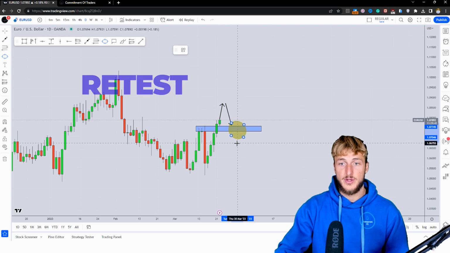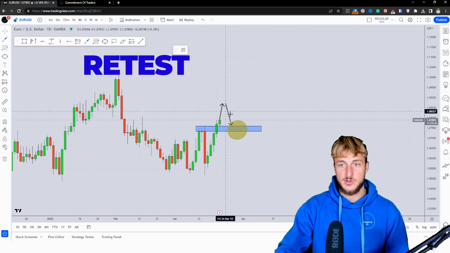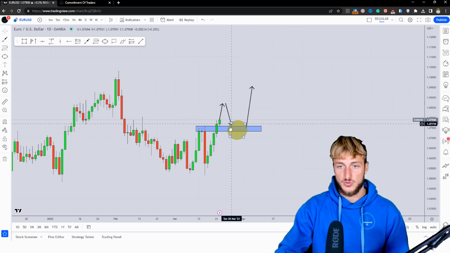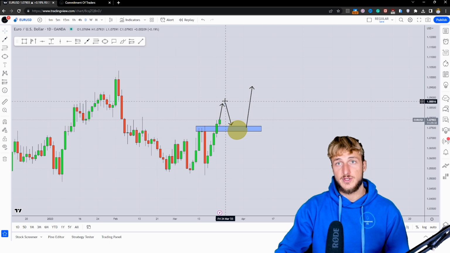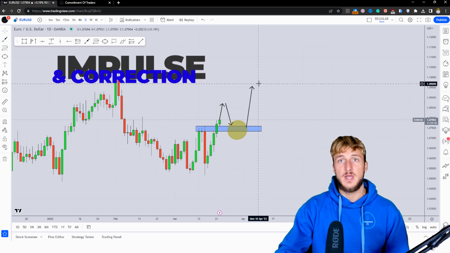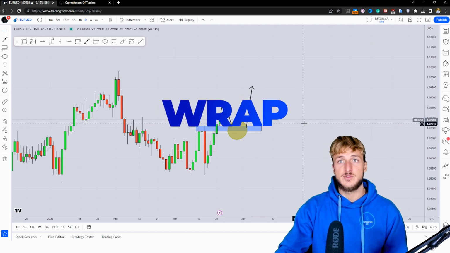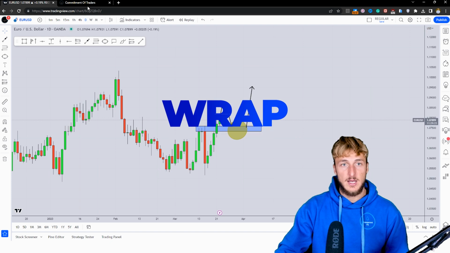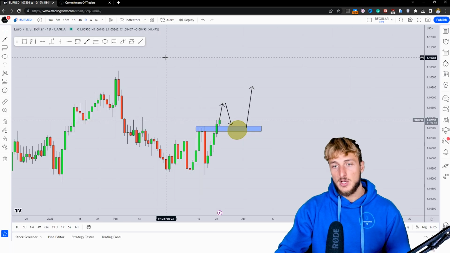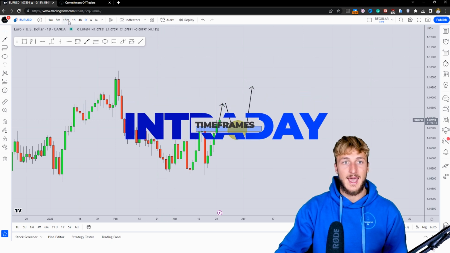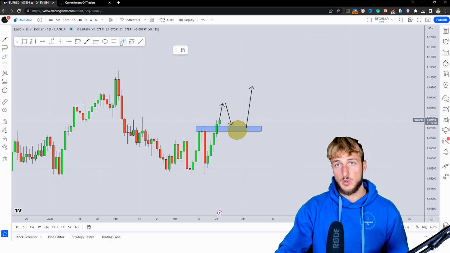And after the break on the retest of that previous daily resistance turned support, that is where you have very good probabilities of seeing a potential rejection to the upside. So if we do have the completion of this impulse and correction, how we could be approaching a potential rejection to the upside? Well, as usual, trading is reactive and not predictive. The monthly, weekly, and daily combined with the COT data, those are the best time frames from a directional perspective. However, when it comes to confirmations and entries, the best time frames are the intraday time frames, so 4 hour and lower. Therefore, what we could be doing